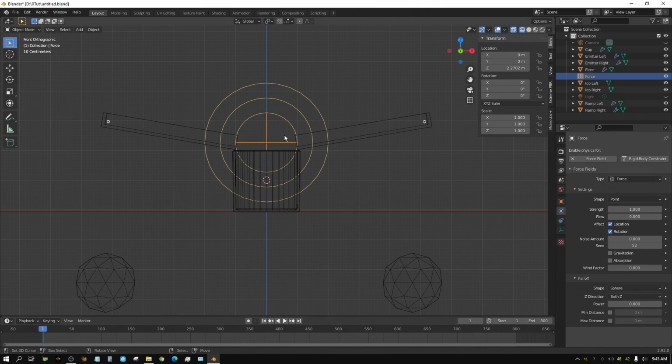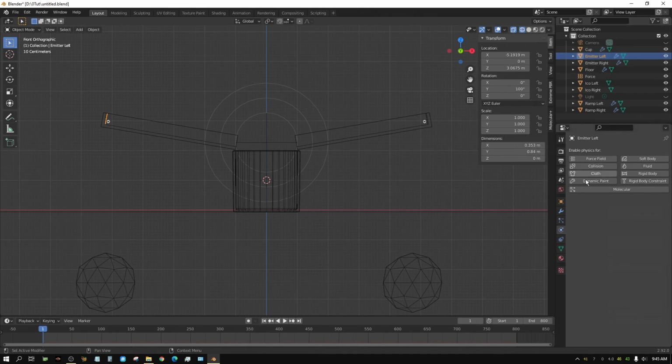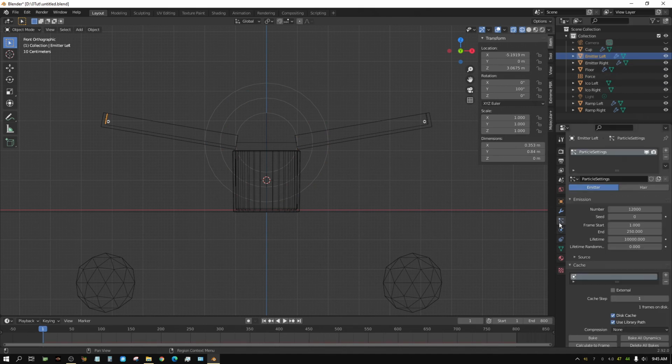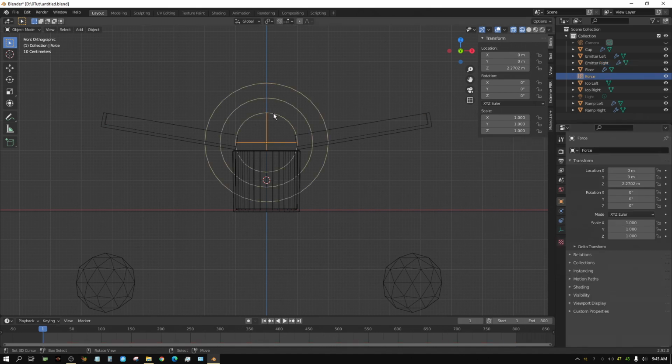Before we do that, we need to do one more thing, otherwise our computer may lock up. Go to emitter left, go to the particle settings, and then just turn off these two temporarily. Go to emitter right, turn off these two temporarily. Alright, now go back to the force field, and then come to frame 400,